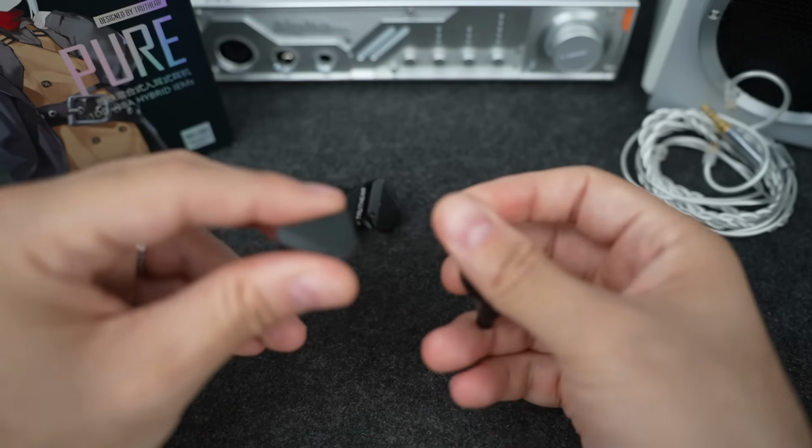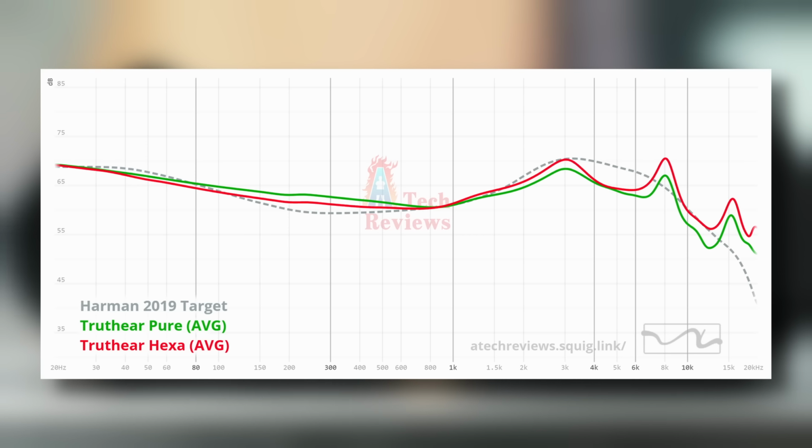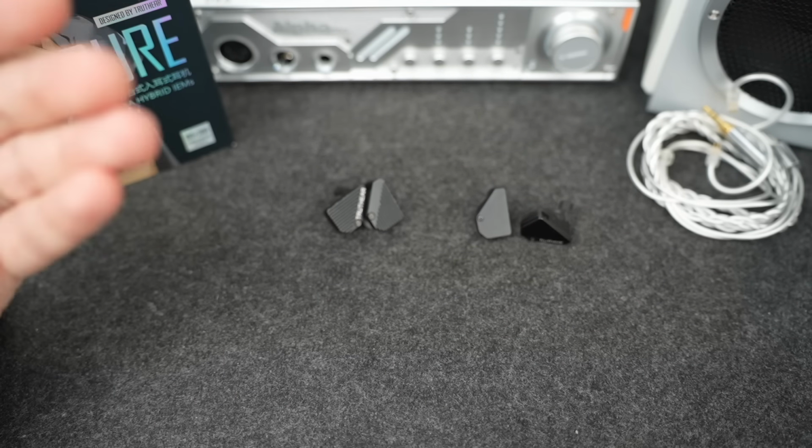I always felt that the Hexa, if it just had more bass and better bass, like better quality, better definition, better impact, could be even better than it is. But this is also one thing I was hoping would happen with the Pure. Comparing it to the Pure, yeah, the Pure adds a lot more bass. That's absolutely true. The bass also slams harder, and it definitely sounds fuller down below, but it also comes